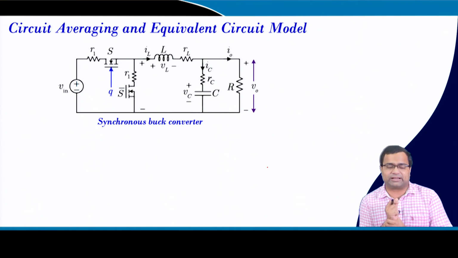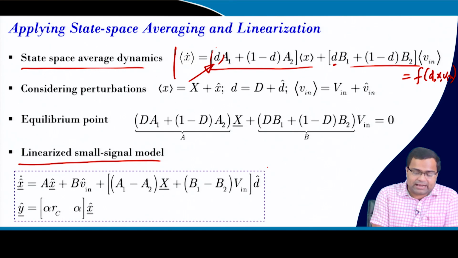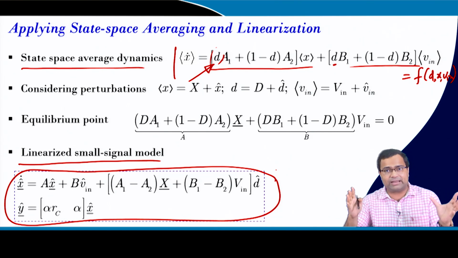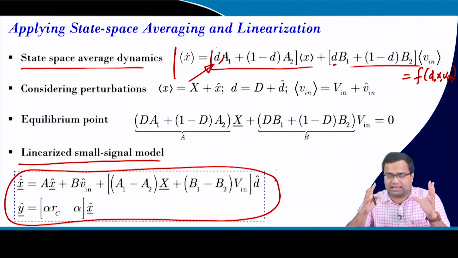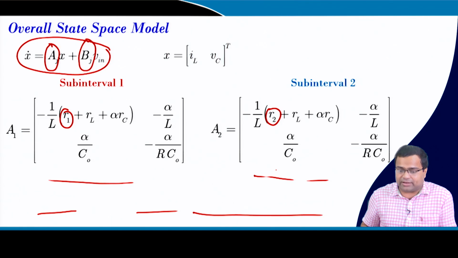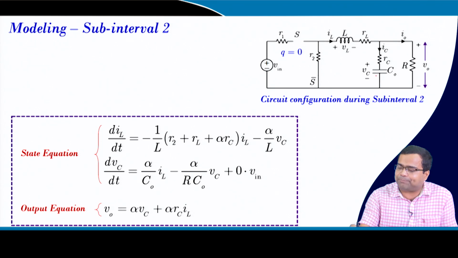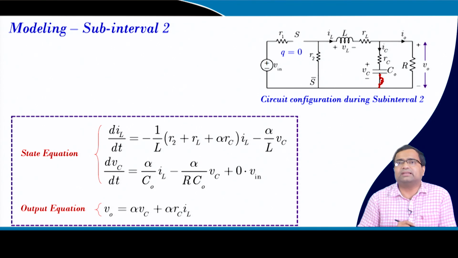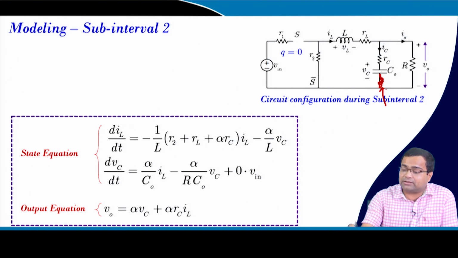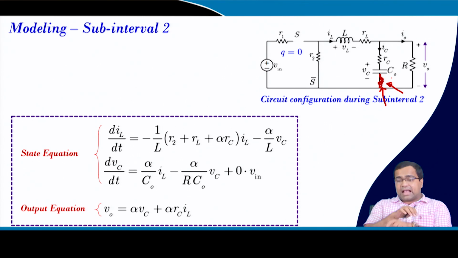And if you go to the circuit averaging method, in the earlier method, whatever model we get is more like a mathematical viewpoint, which is good, which is very informative, but as a circuit designer, it gives less intuitive understanding of the circuit. The other thing, in this converter, we have taken this model. Suppose we add a parasitic inductance here, which is called ESL. Then the whole state space model dimension will increase, because it is now third order, because there is an energy storing element. As a result, you have to increase the order of the state by 1.